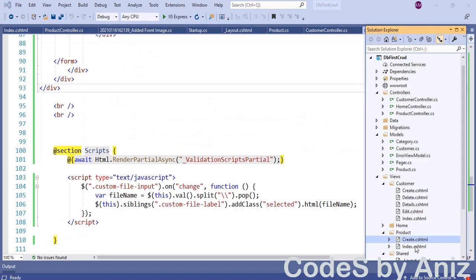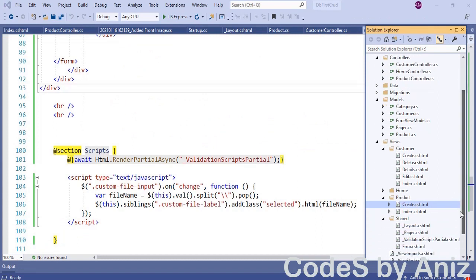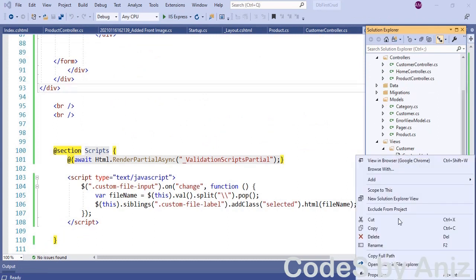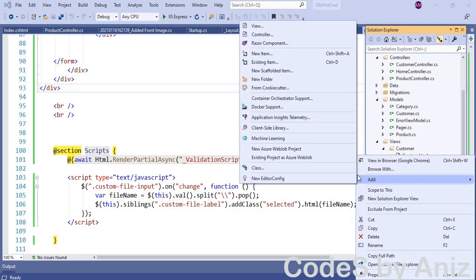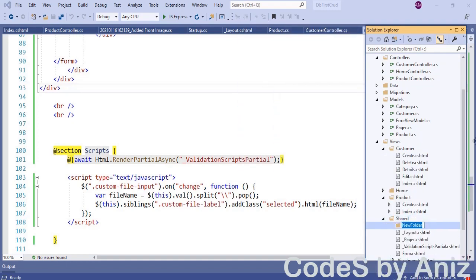Let's create the view component. The whole objective of this video is to create a view component for uploading images. Like partial views, view components also should be stored inside the shared folder inside the views folder. So, create a folder named components inside the views/shared folder.